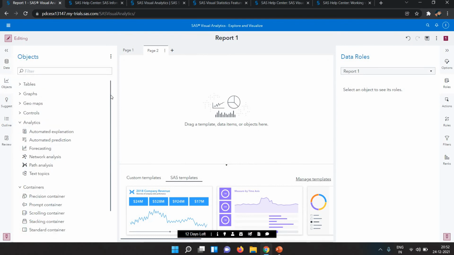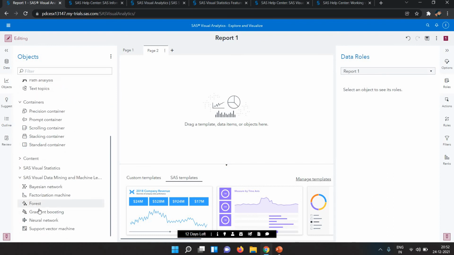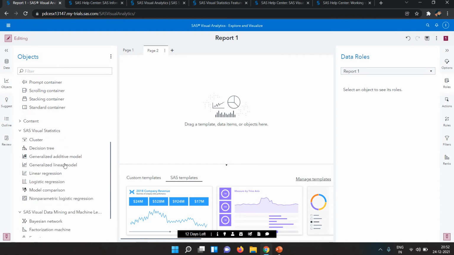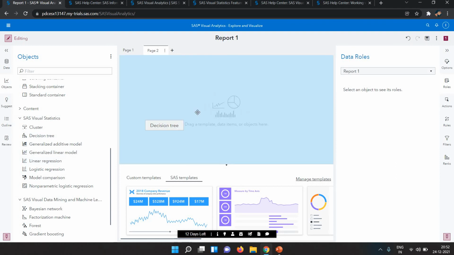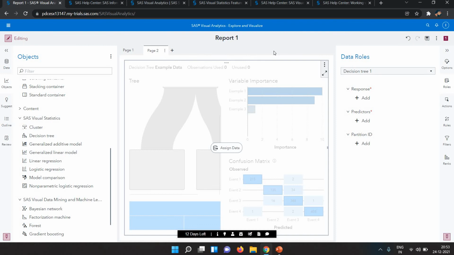Okay, next in this session we are viewing one more visual statistic, the decision tree. We will do a big session on the decision tree and how decision trees work.